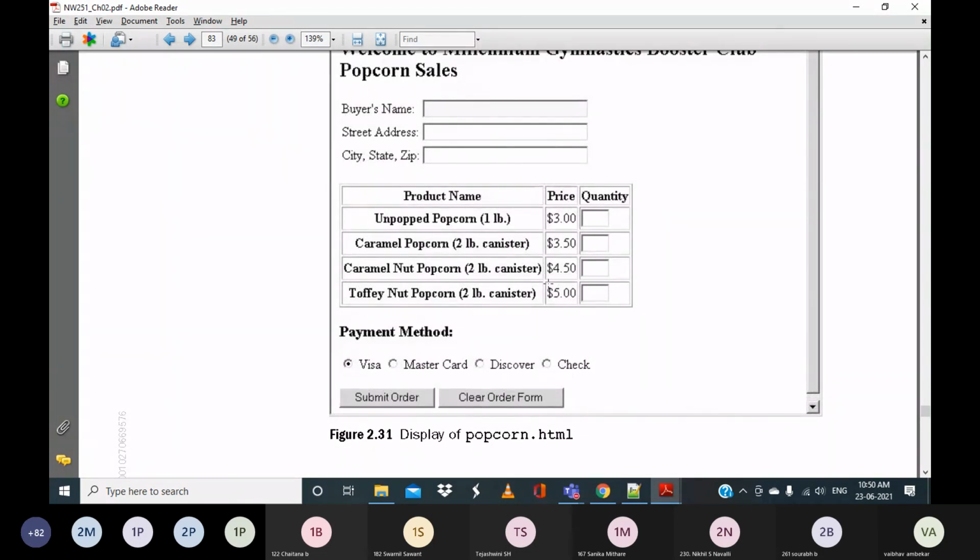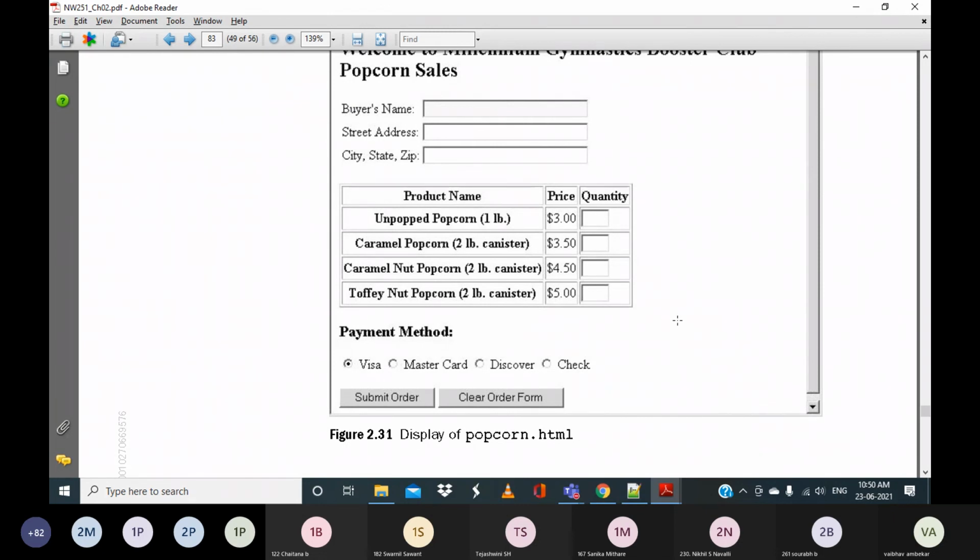And then they used a paragraph, that is payment method, like h1, h2 and so on. Then these are the radio buttons they have used, so you can use that. You can also create a checkbox, or use a select tag to select different items. One more thing you can add is the submit order button.